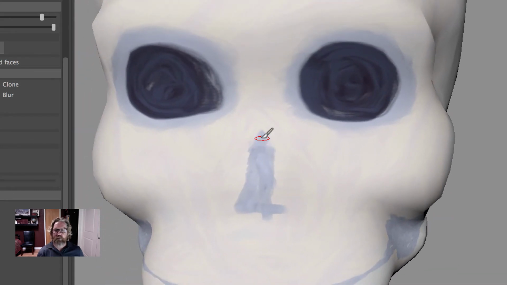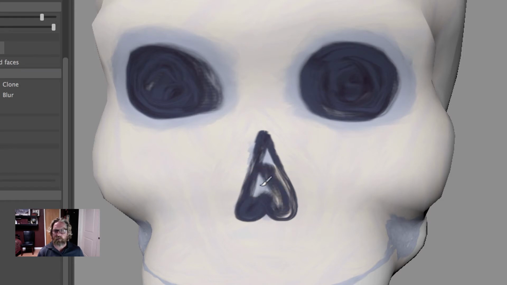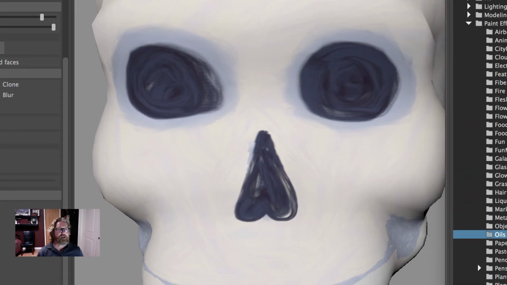B key to make that smaller. And I think we have this kind of upside down heart. B key. B key. And then I can, again, come back, and if we wanted to make this a little bit sharper,